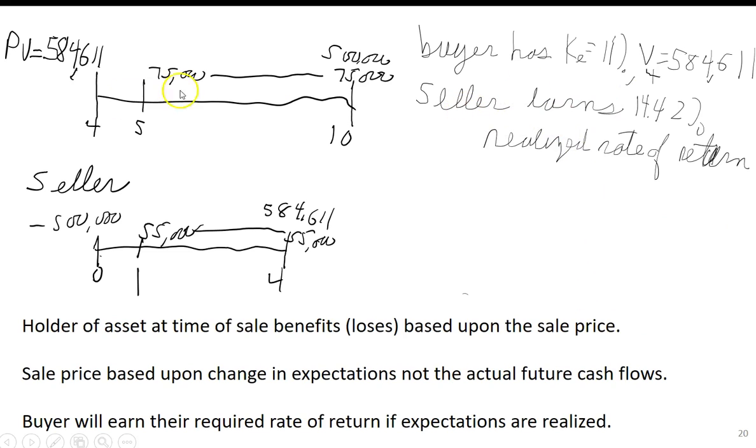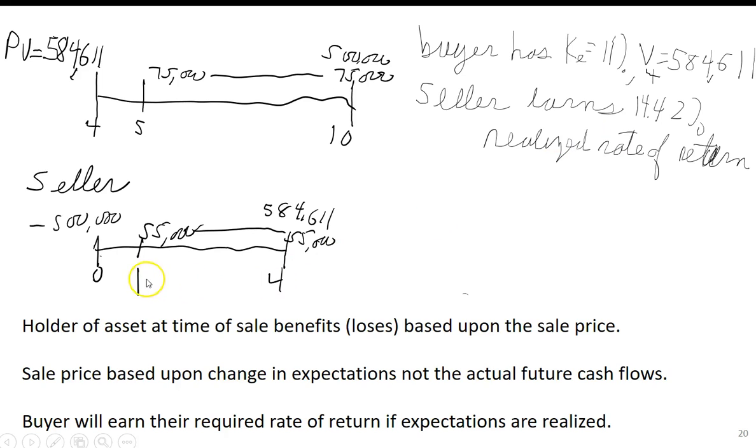With a required rate of return of 11%, the value at the end of year 4 is $584,461. The seller now realizes a return of